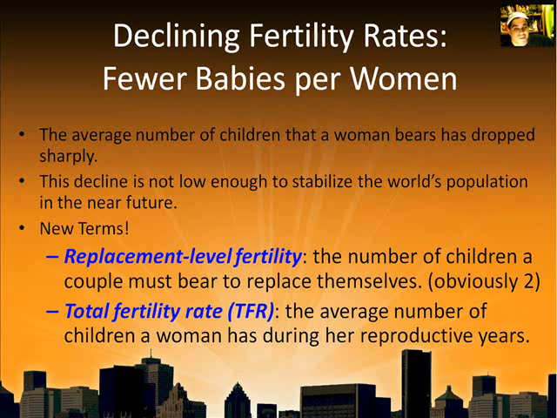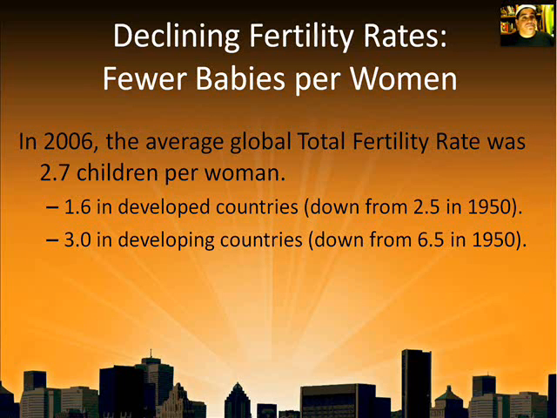Okay, so in order for them to replace themselves, and there's two parents, so obviously the replacement level has to be 2. And there's really no way around it. So there it is, 2, right there. Okay, total fertility rate, and this is the average number of children a woman has during her reproductive years. And obviously there's a lot of factors that are going to affect that. So we're going to get some interesting numbers, and that's where we get those averages like 0.5s, because no one's having half a kid. Don't forget.